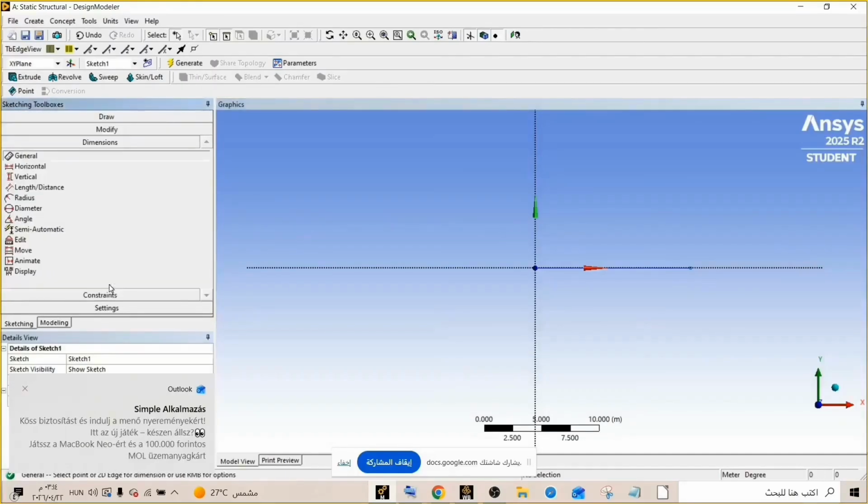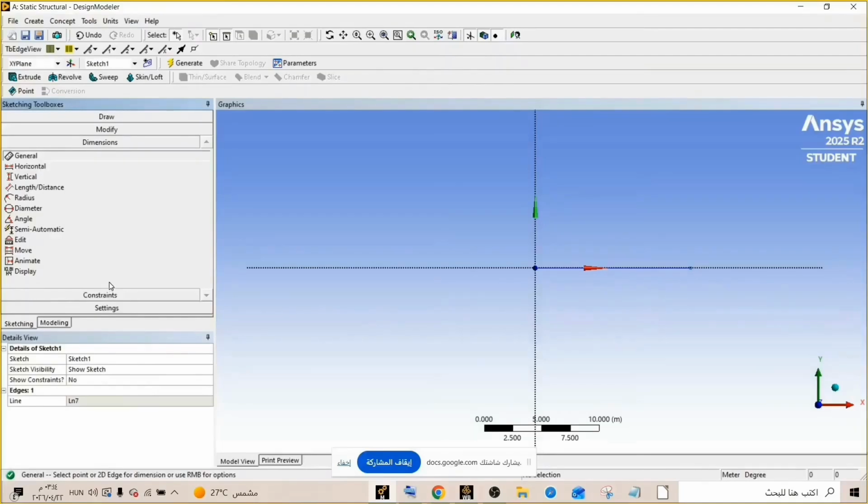Next, I'm going to mark the dimensions. So go to dimensions and select general dimensions for this basic exercise, and click on the line that we made.